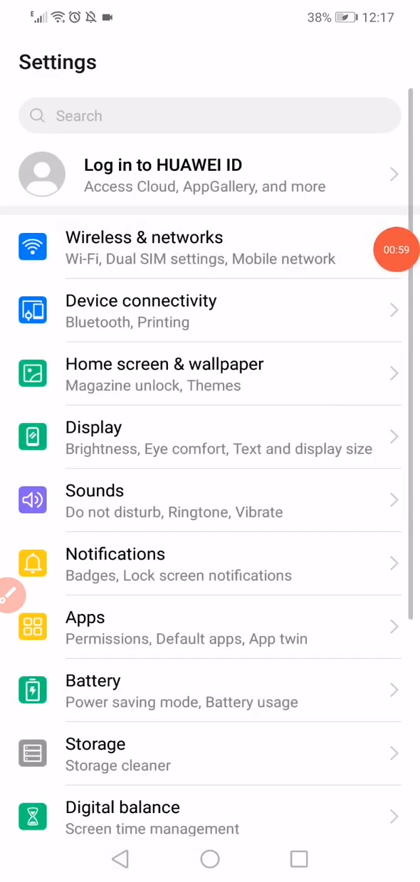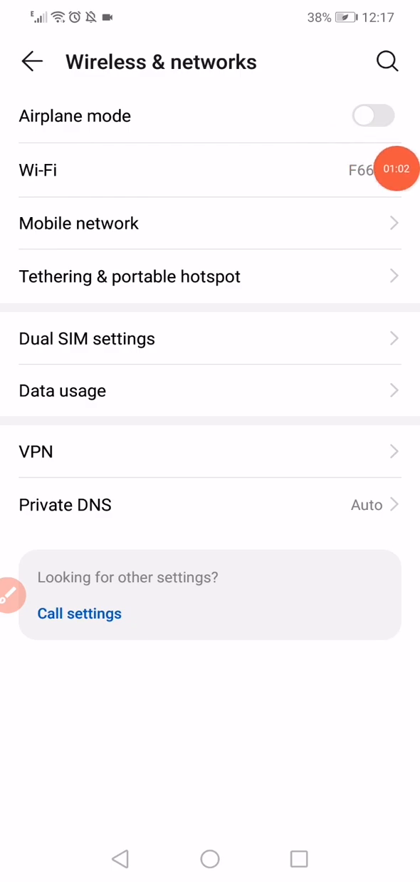Go to the wireless and networks, go to the airplane mode, enable it for 5 seconds or 10 seconds and